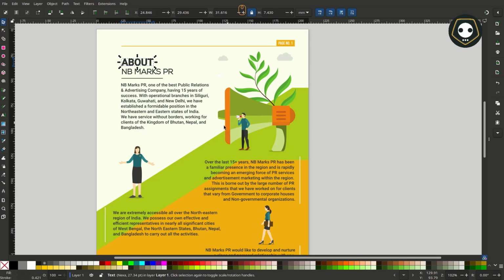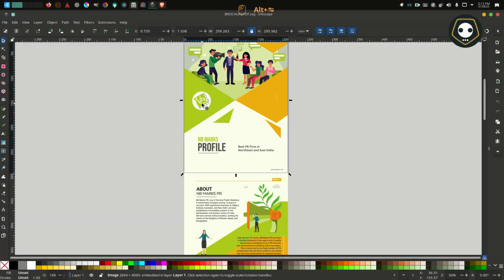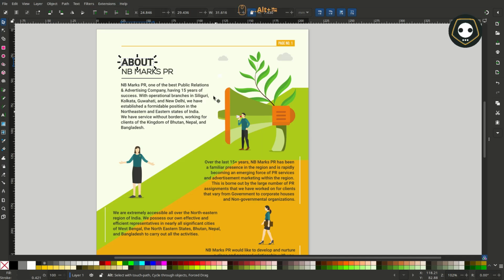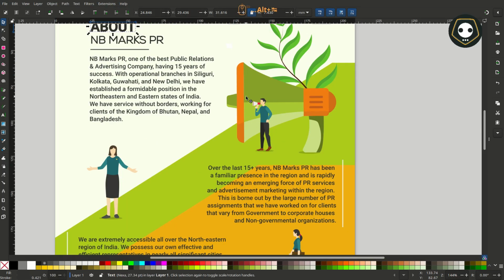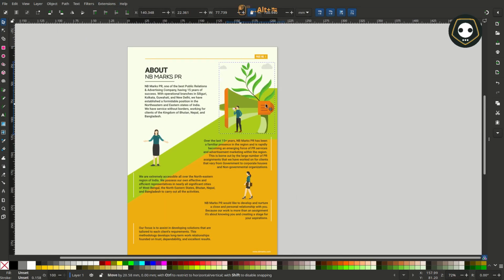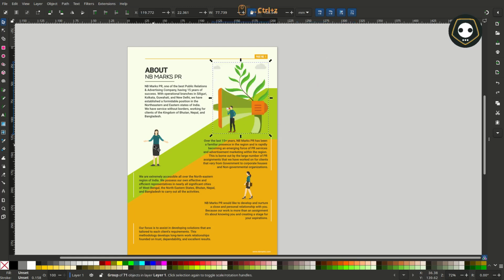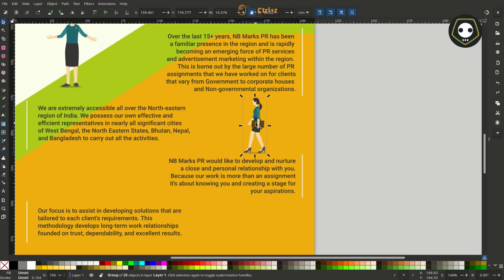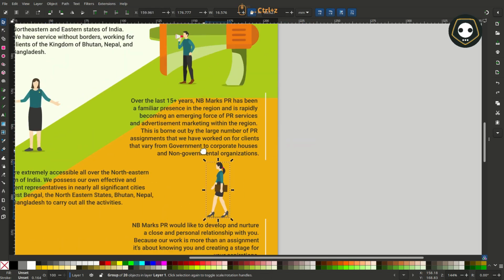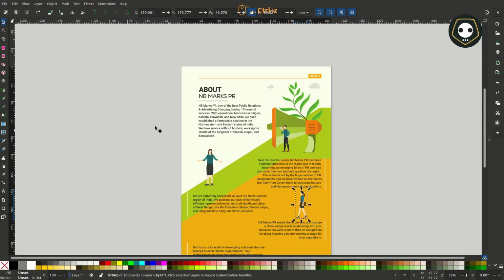The main basic color is the basic color of the company logo, so I'm using this color. So how to make this art? This is a transparent background. You can see here, this is a transparent background, this is the transparent character.